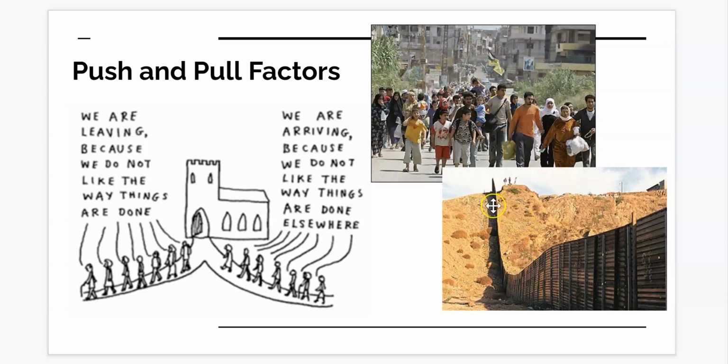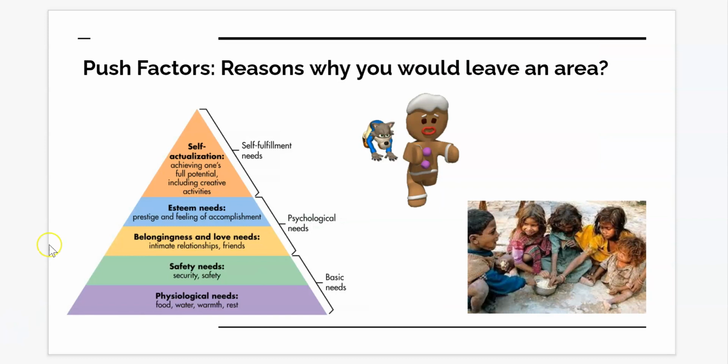And then you also have this picture at the bottom here that has like a border wall, right? Maybe some people don't like other people to come into their areas that they live, because they're worried about what these others might bring. Okay. So there's all kinds of different political aspects that could be happening. But these are push and pull factors. So some push factors, and we would have kind of had a discussion on this if we had a class together,